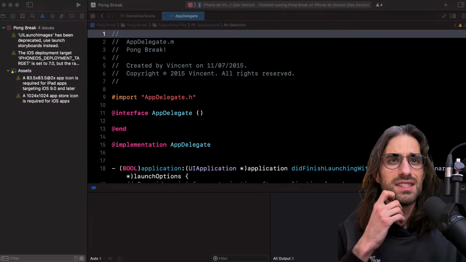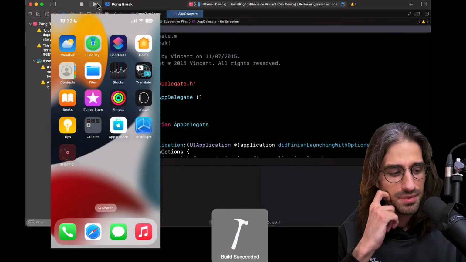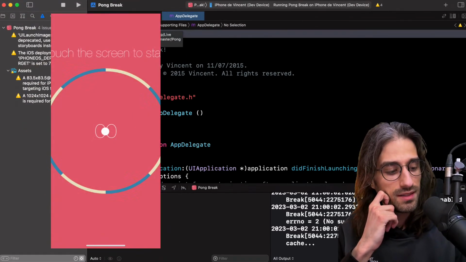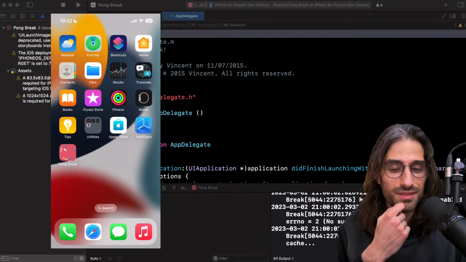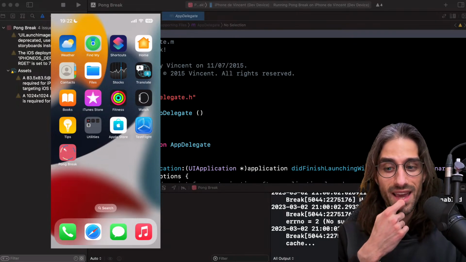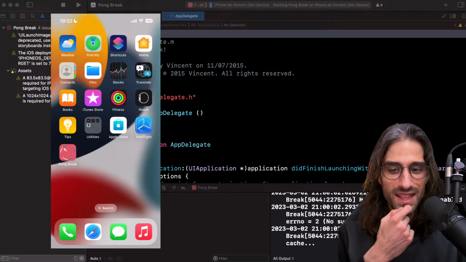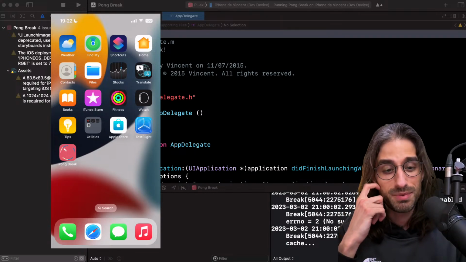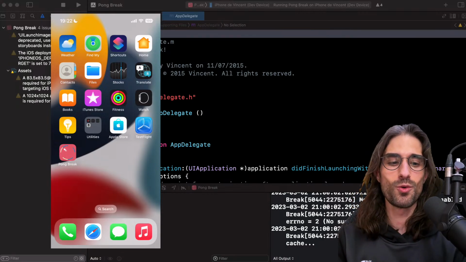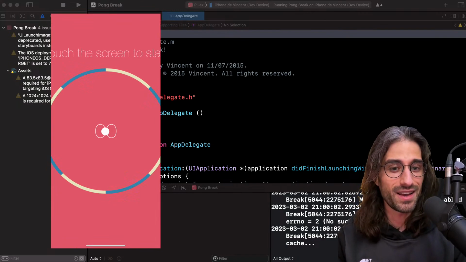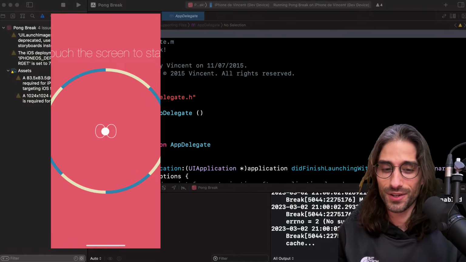Okay, let me display my phone again. Let me launch this amazing Pong Break app. You can notice the fact that I designed the app icon myself using Photoshop back then, and I was pretty proud of the fact that I've been able to add this, how do you say, speed motion blur effect to the ball. I was very proud of it. But let me show you what this is about. So it's a game. I didn't touch the code, so it displays outside of the screen.